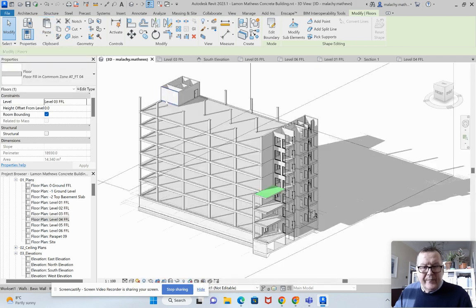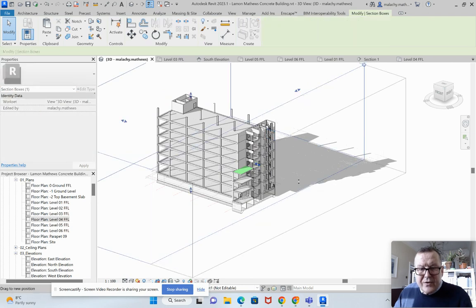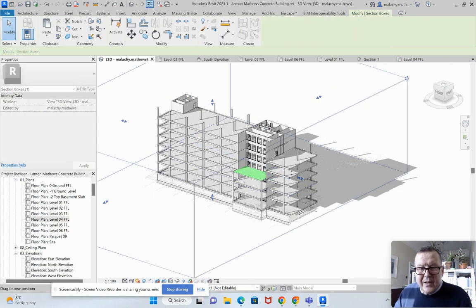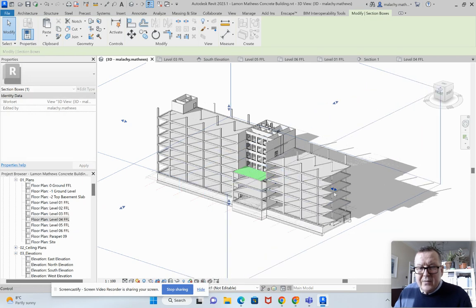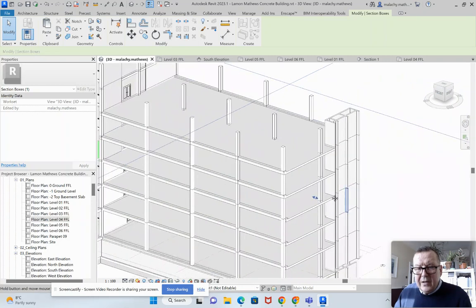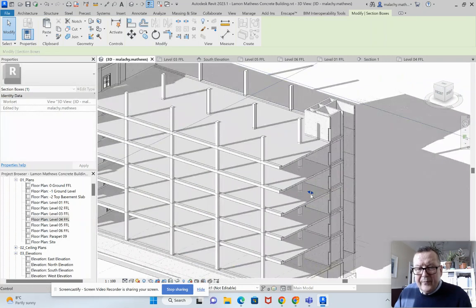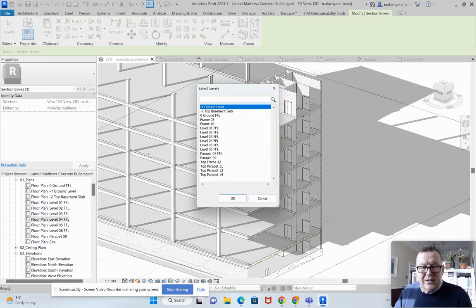Okay, let's just pull out our section box here. Section boxes are really handy for lots of stuff. See what's going on. A little more. Okay, a little bit more. A little bit more. Okay, that's it there. And we're going to paste this into selected levels, and we'll go right from the